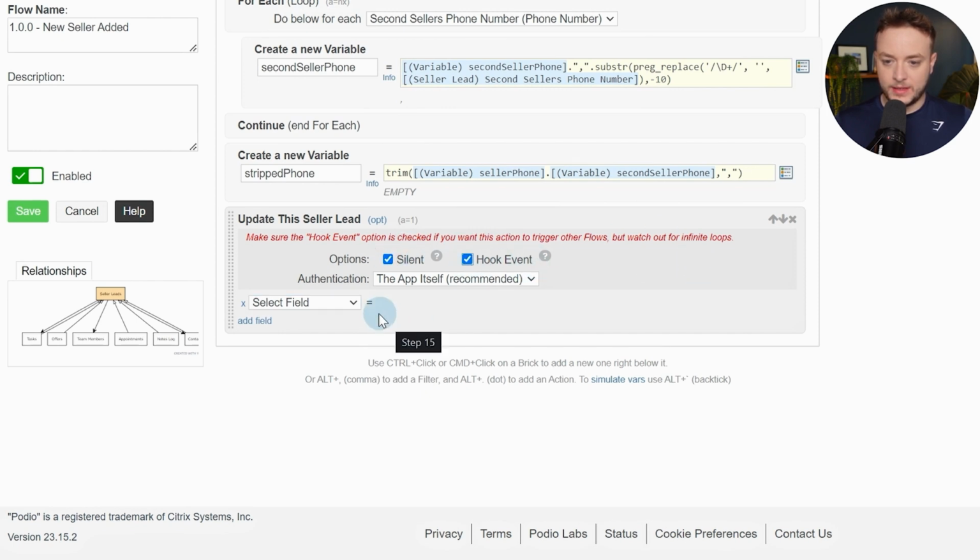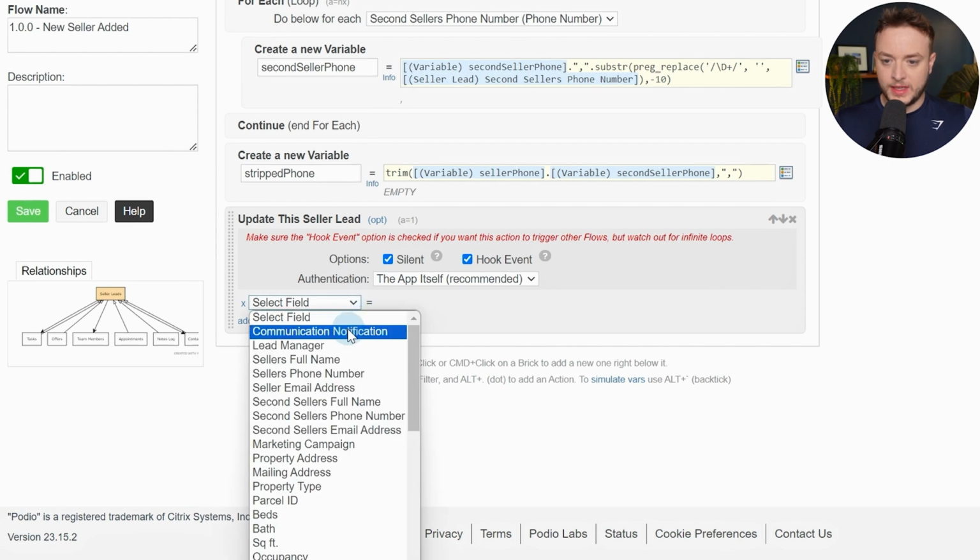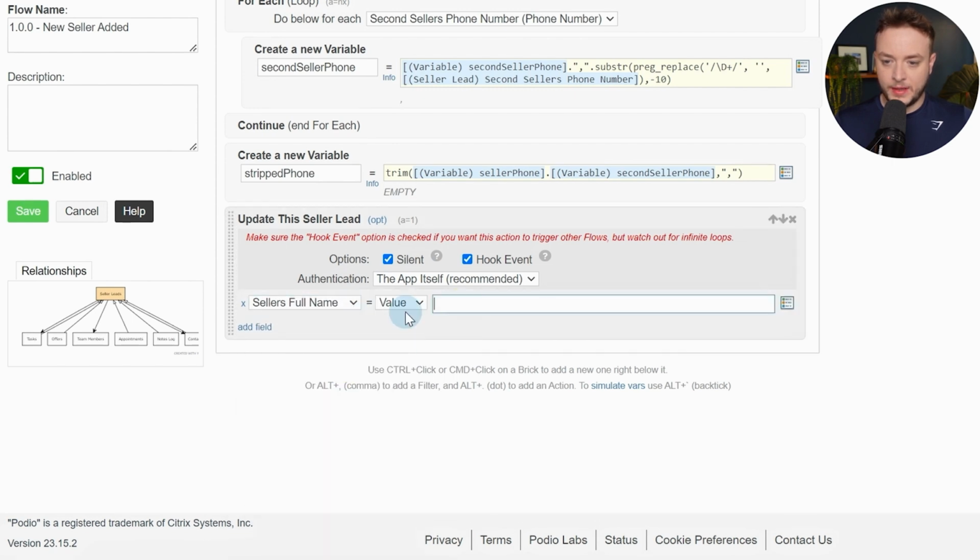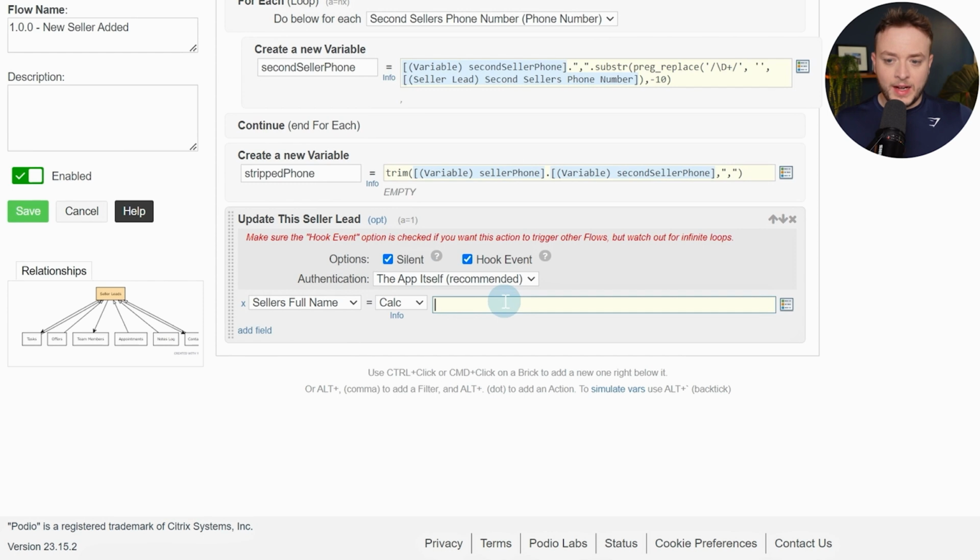Silent, select hook event. So we'll do seller's full name. For seller's full name, I typically like to format it. Sometimes it'll come in all in capitals or something like that. So I just like to make sure the first letter only of the name is capitalized. To do this, we do UC words, which